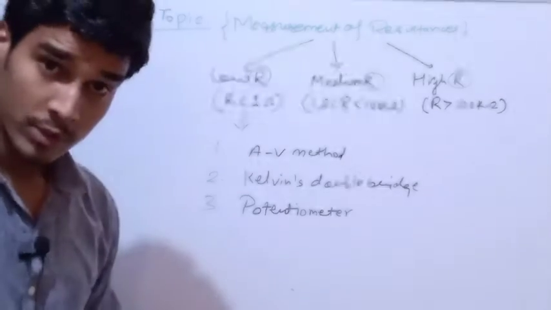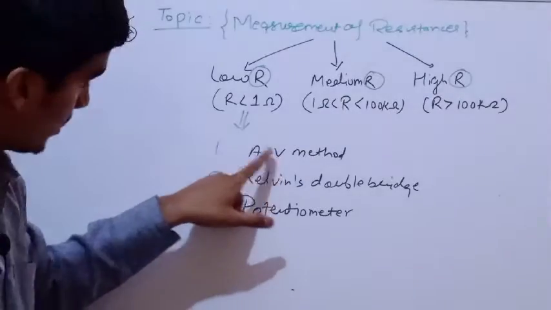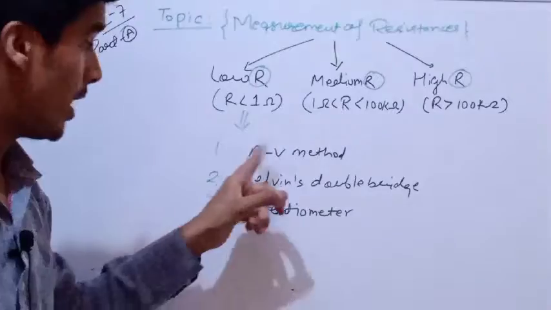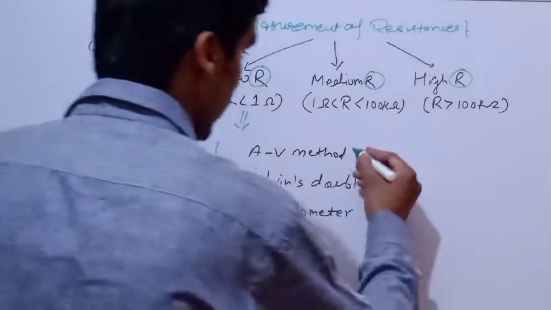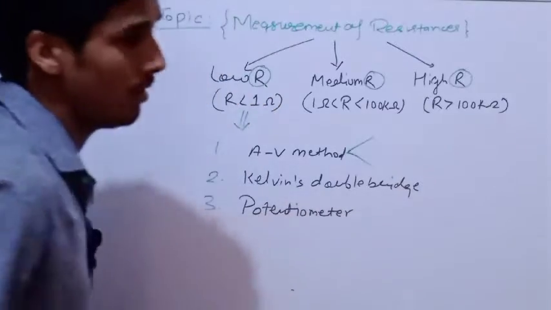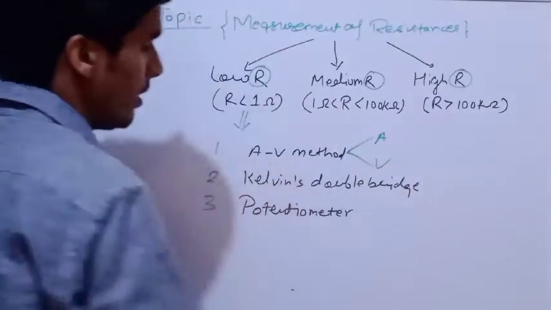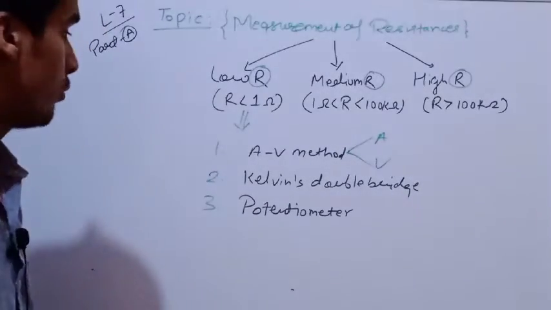So you know very well what resistance is: it is the ratio of voltage to current. Voltage is measured by a voltmeter, current is measured by an ammeter. So this is the method. I think you have got an idea what the AV method actually is. But within this there are two other classifications available, whenever the ammeter is connected near to the load, or whenever the voltmeter is connected near to the load. You will understand what I was trying to say.